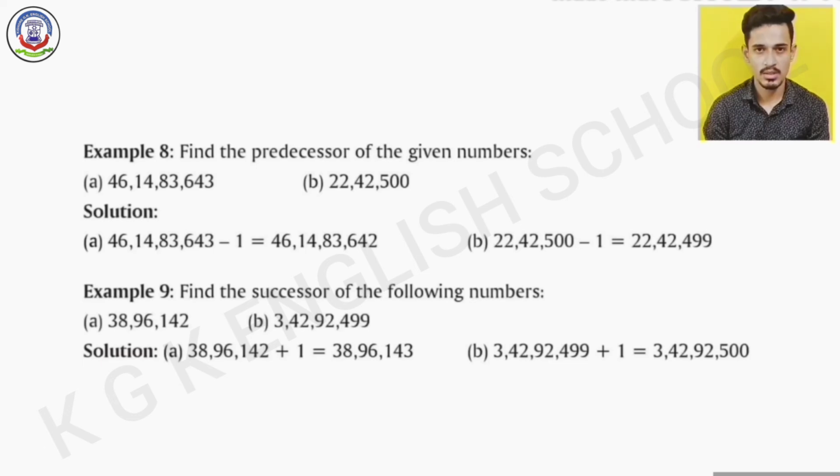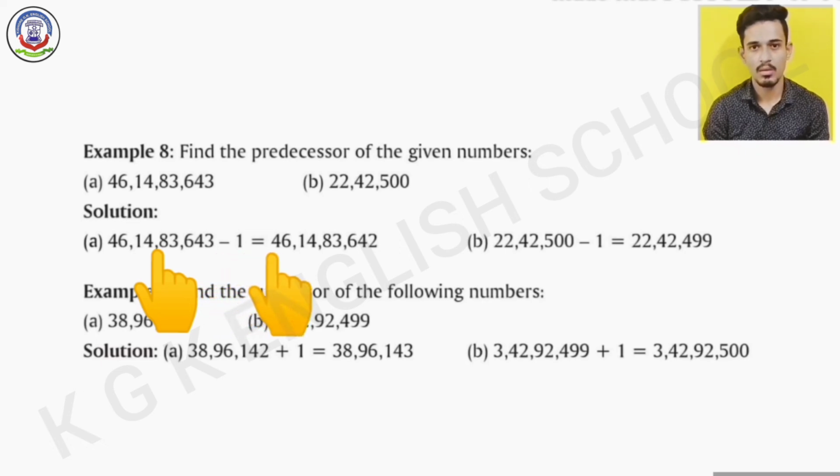Now let us see one example of predecessor and successor. First we have an example of predecessor. We have a number 46 crore 14 lakh 83,643. From this we subtract 1, so we get 46 crore 14 lakh 83,642.